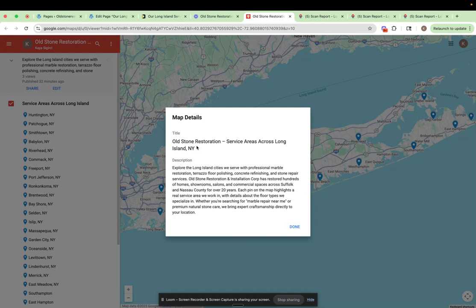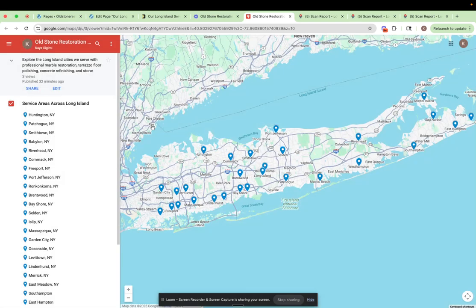So this is the title. Of course, notice we're targeting the location. And of course, the business name. So that's the branded keyword right there. And then the description. And from there, all the pins that we put are strategically for all the different service areas that we want to target. And the way you would want to do it,